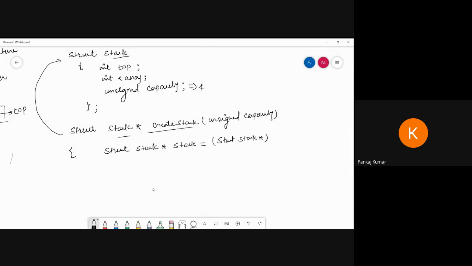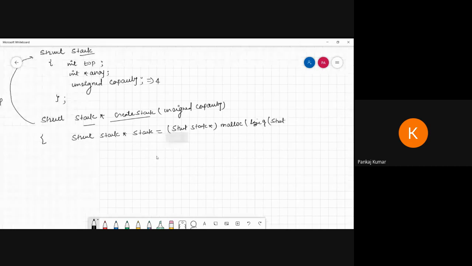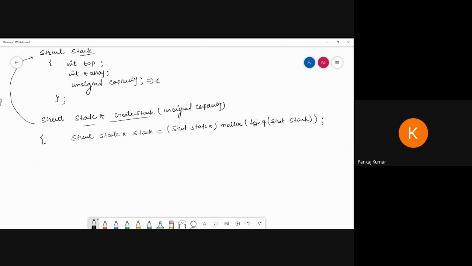And here I'm defining malloc, and here I'm defining sizeof, what is the size of struct stack. So I'm writing struct stack, and close this bracket and this one.